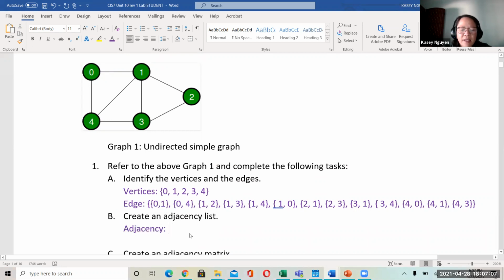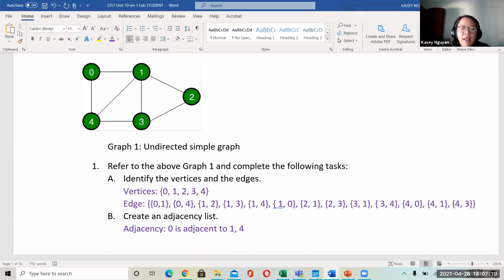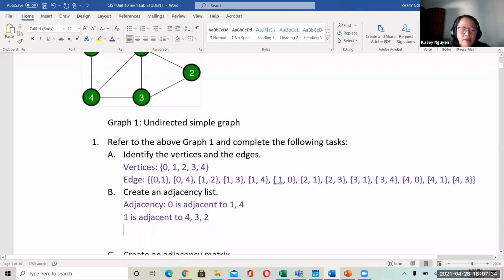So we can say 0 is adjacent to 1 and 4, right? And then 1 is adjacent to 4, 3, and 2, and so on. 2 is adjacent to,